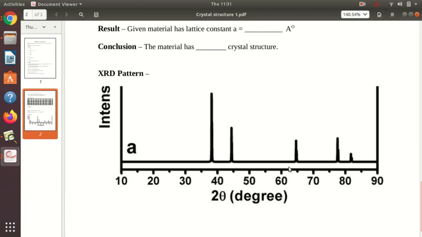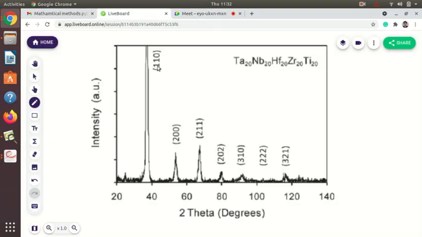Now as you have been given this PDF, you cannot find out exactly what the angle is. So what I recommend you to do is take a printout of this, and you can measure the distance from 10 to 30 or 10 to 20. I will show you what to do. You can see here these hkl planes are mentioned, but generally when we get the spectra, we don't have this written here, right? We have to assign these values later. We have to find out how we assign these hkl planes and how we find the lattice parameter, as well as how to find whether the structure is BCC or FCC.